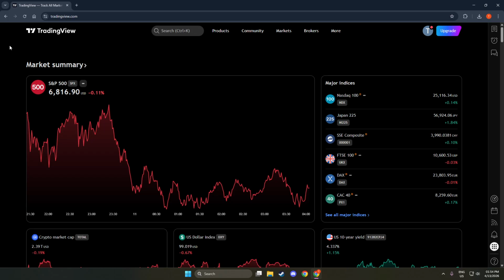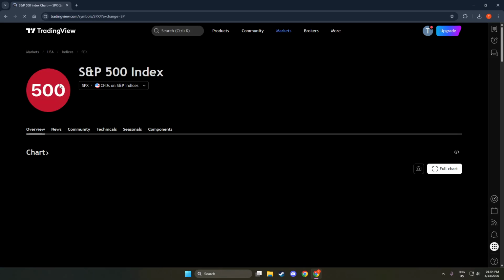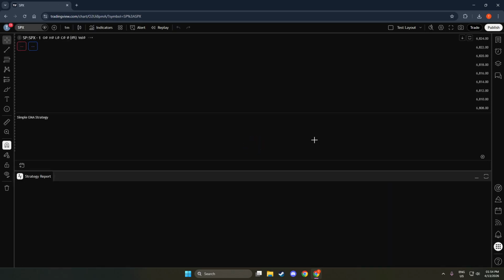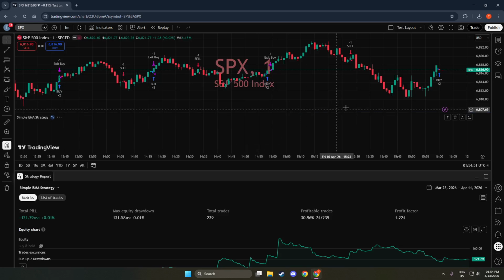Start on your TradingView chart and look for the small gear icon. It usually sits on the chart's toolbar or along the top of your chart window. Click that gear icon to open the chart settings panel. This is the control center for how your chart looks and behaves, and it includes all the color options you'll